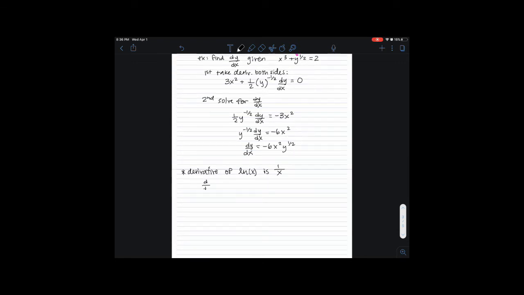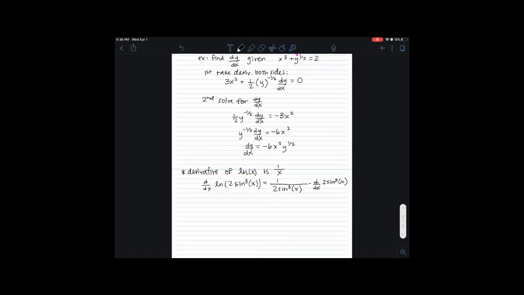So if I were to do d dx of the natural log of 2 sine to the third of x, then my outer function is the natural log, so I would have 1 over 2 sine cubed of x times the derivative with respect to x of 2 sine cubed of x,